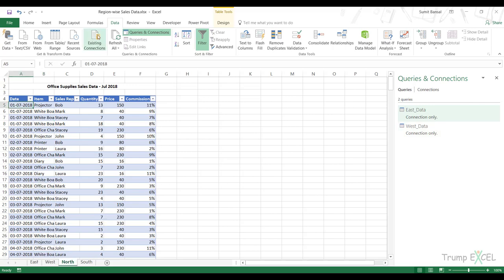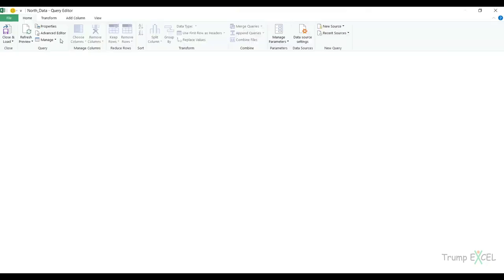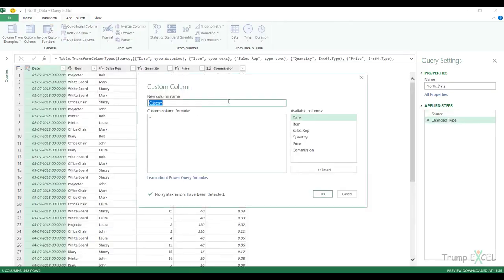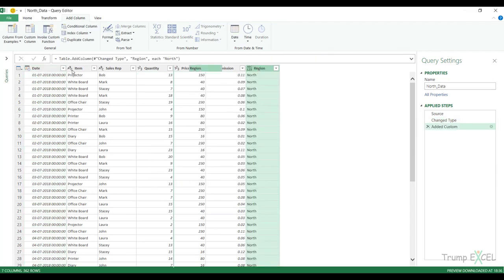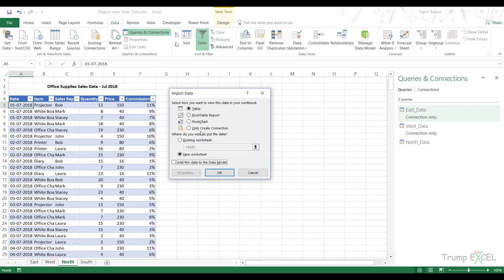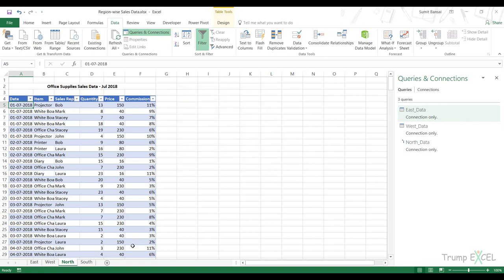Similarly, I'll do it for North. Let me quickly do it now. So I go to Add Column, Custom Column. This is region and this is North. I would drag this to the beginning, go to File, Close and Load to connection, and similarly I can